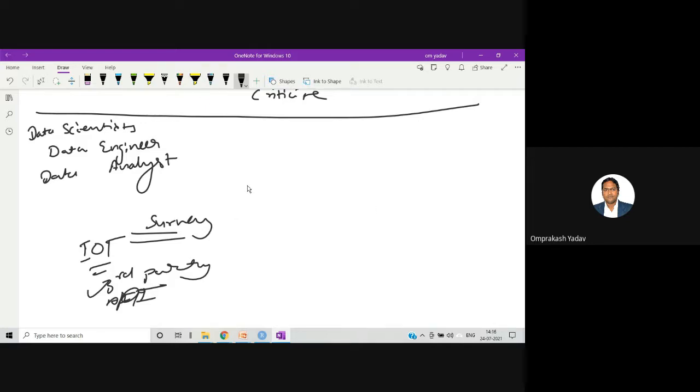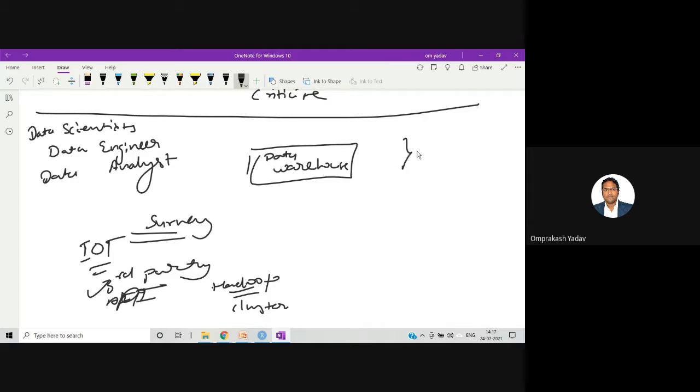Once we have gathered the information, where are we going to maintain it? Where are we going to put it? We can use big data Hadoop, and put our data over there. Or we can make a cluster and put the data there. So the data gathering and maintenance of this data in a proper way is the job, and it is done basically in the data warehouse. This is called the data warehouse, and this is the job of your data engineer.